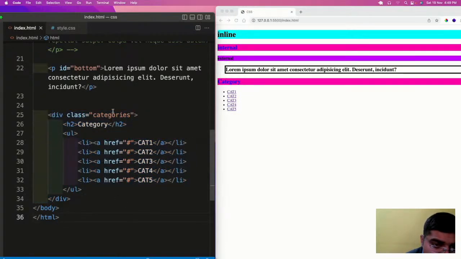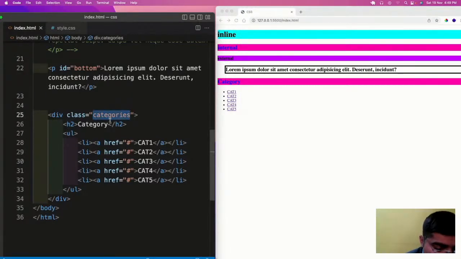So this is the parent class categories, which controls this entire div. After this we have our h2, and we have ul. Ul means unordered list, and in this we have the anchor tags inside the list items.